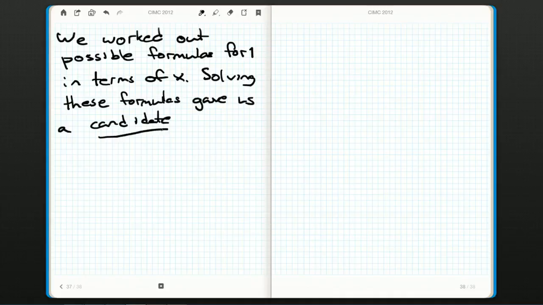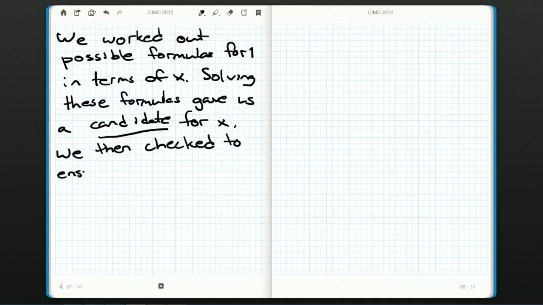They're just going to give us possible candidates. So what did we do? We had to go back to the start of the tree with our value of x that we thought might work, our candidate value of x, and we checked to ensure that this value